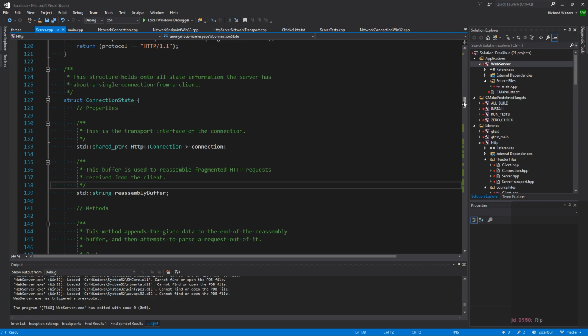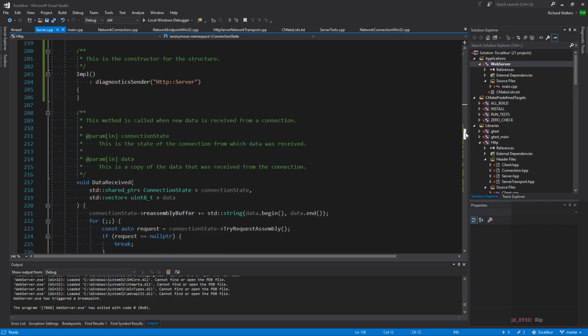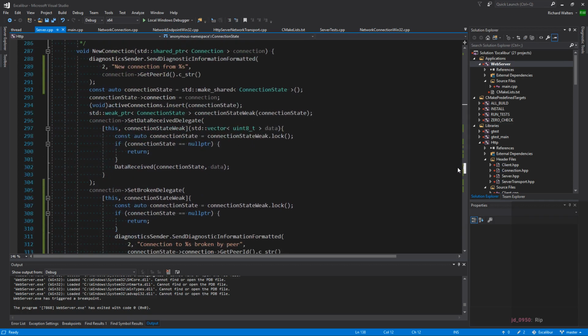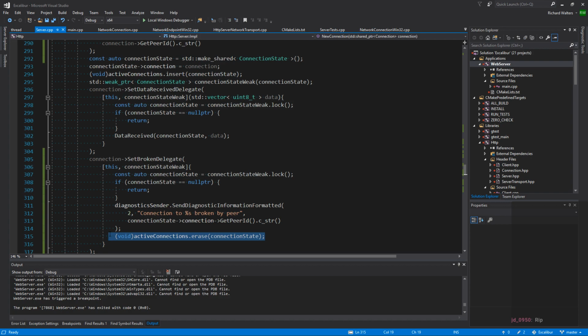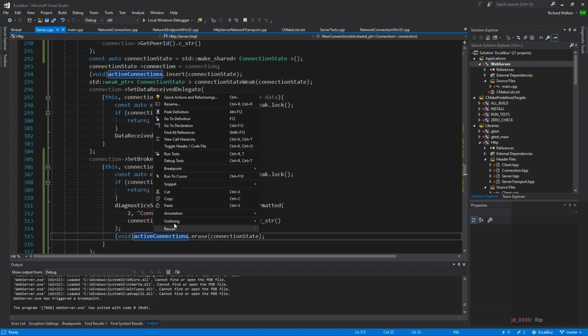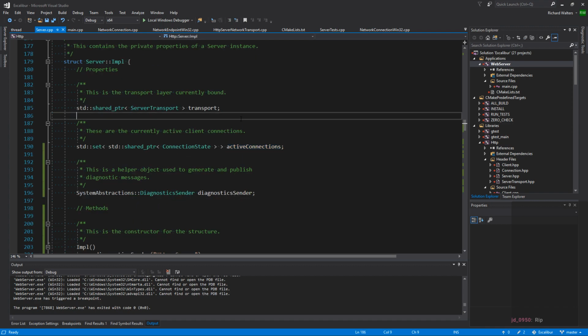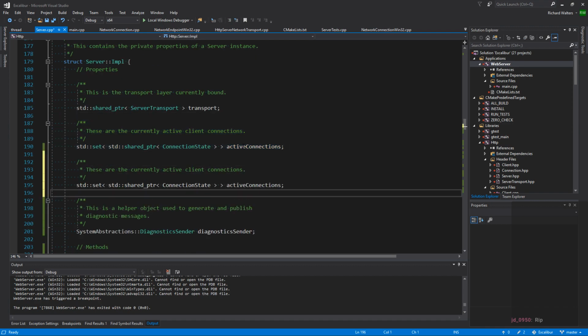So in our servers, where's our broken delegate? Our broken delegate can't do that, because that will destroy the connection, which is calling us to tell us it was broken. So what I'm going to do instead is move the connection. I think I foresaw this. I called that our set active connections because I anticipated that we'll need to have a second set for broken connections. And we'll move it to broken connections and then have another thread that we'll call the Reaper that will clean them up. These are the client connections